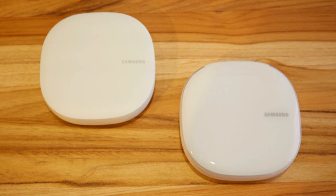The built-in Samsung SmartThings hub connects all Samsung smart devices, as well as support for a ton of smart lights, shades, and thermostats. And to control all those devices you can use a Google Home or Amazon Echo, or you can use Bixby on your S8, or you can use the Smart Home app, which is integrated directly into the S8's notification menus. Smart homes rely on a unified ecosystem, and at the moment, Samsung appears to have the most